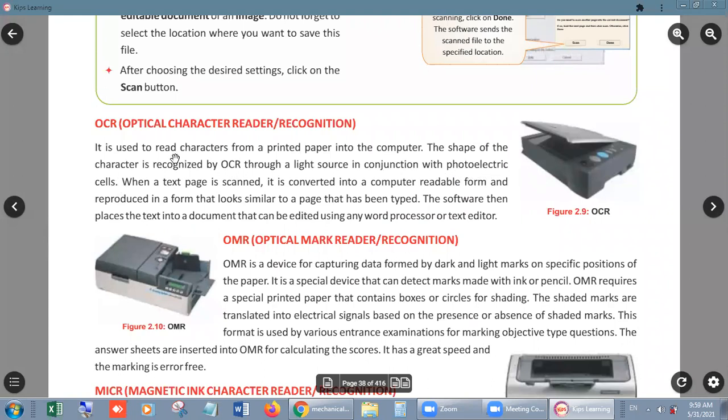Okay, what does it mean? Optical character reader. It is used to read characters from a printed paper into the computer. And where we use it, the shape of the character is recognized by OCR through a light source in conjunction with photoelectric cells. When a text page is scanned, जब एक पेज हम स्कैन करते हैं बेटा, it is converted